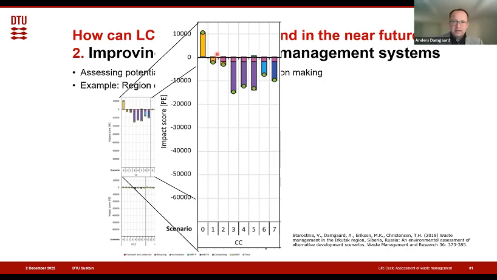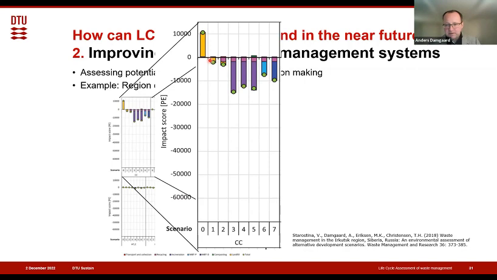And why am I saying that? Well, because I think it was not realistic, when we worked with Russia at this point, that they could do these much more advanced strategies. But just telling them that for not much money, you could make a big difference by closing down the existing landfill and building a modern landfill, which could be operated much more effectively. So this is where we can start looking at these improvement potentials.